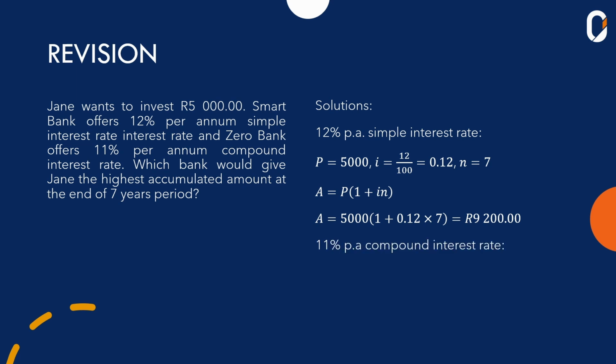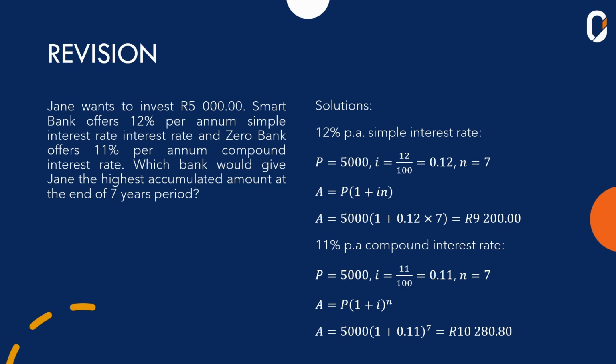Now let's check the 11% per annum compound interest rate. Again, P is 5,000, but the interest rate this time around is 11 over 100, 11%, which is equal to 0.11, and the number of years remains the same, 7. Introducing our formula, we have A = P(1 + i)^N, and substituting in our values, we have A = 5,000(1 + 0.11)^7, and that will give us a future amount of